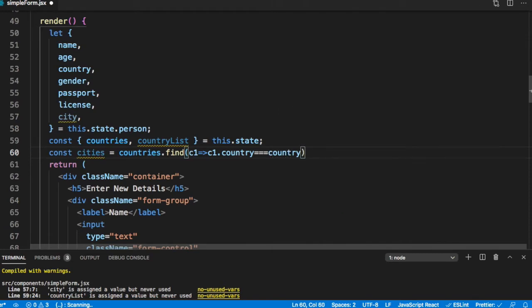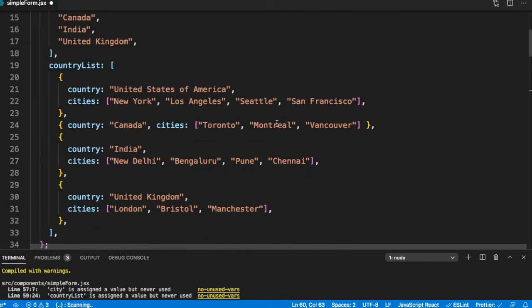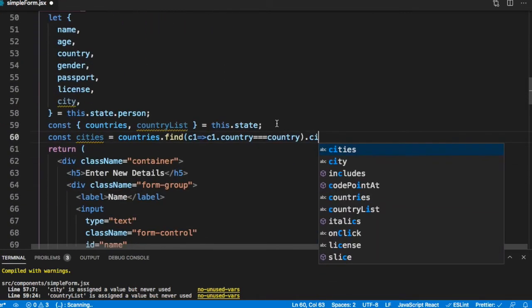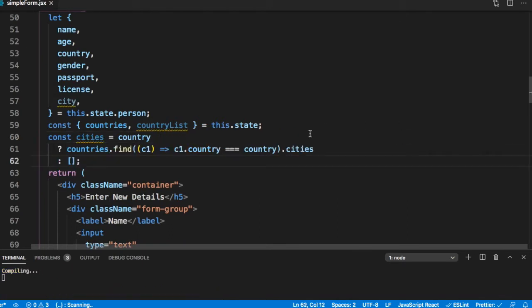And once we have found it, we will find the, what do we call that? Let's check cities.cities. Now this should only be done if the country is chosen. So I can just put if country, which means if country is truthy, this is what we will do. Otherwise it is an empty array. So we have now gotten a list of cities.